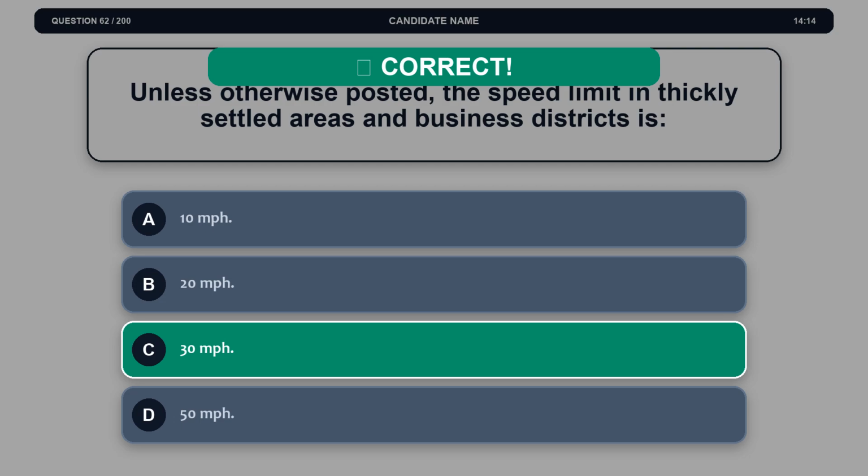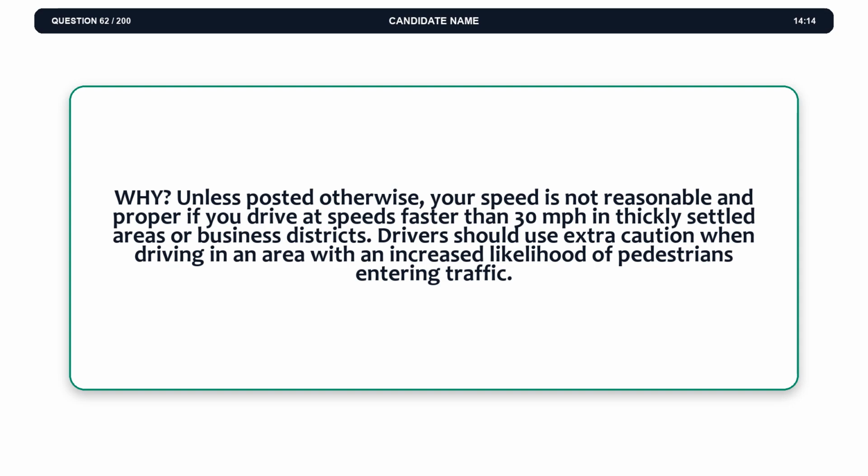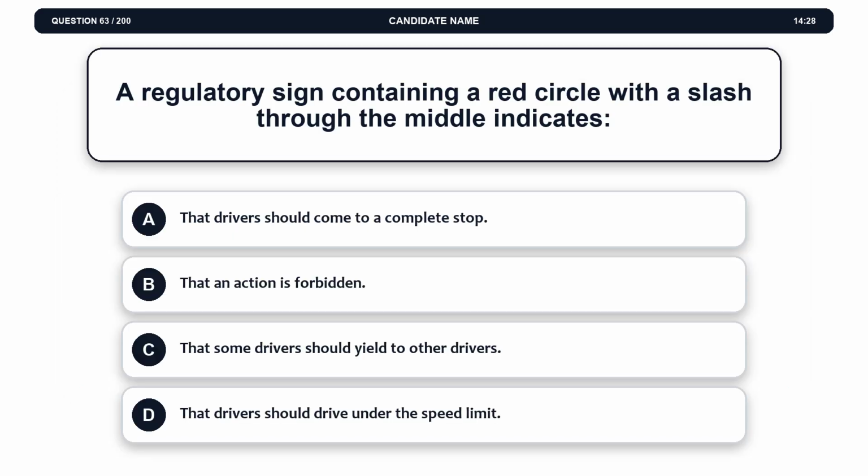The correct answer is option C, 30 miles per hour. Explanation. Unless posted otherwise, your speed is not reasonable and proper if you drive at speeds faster than 30 miles per hour in thickly settled areas or business districts. Drivers should use extra caution when driving in an area with an increased likelihood of pedestrians entering traffic. Question 63. A regulatory sign containing a red circle with a slash through the middle indicates Option A, that drivers